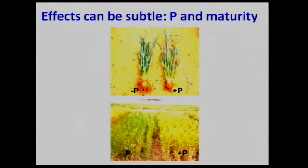This one is not obviously a micronutrient, but it's phosphorus. But again, what it shows is that some of the effects of nutrition can be quite subtle. And here's an effect of phosphorus on the growth of wheat and barley. And the point that I just want to make, here we have a wheat plant or a variety of wheat grown without phosphorus, and here grown with phosphorus. Now, without that comparison, that plant doesn't look particularly deficient. I mean, the lower leaves are slightly yellow. This is from the mallee, and in many cases, crops actually look a bit like that in parts of the South Australian mallee. But without actually comparing with that, you wouldn't say there was anything drastically wrong with that plant. But there are two things. Firstly, there is a slight